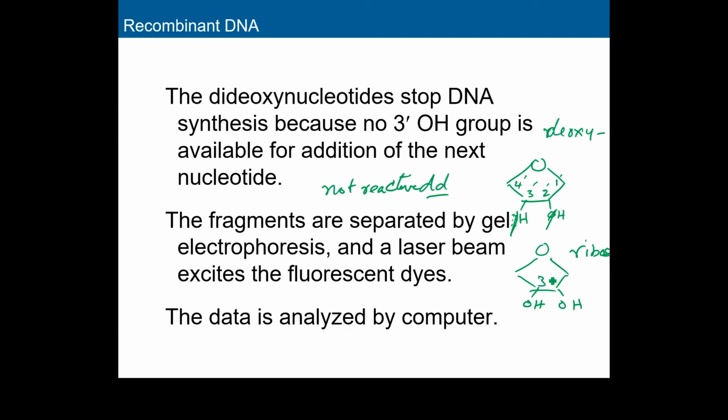This group at carbon number 3 is used to make phosphodiester bonds that link one nucleotide with the next one. So when the hydroxyl group is not there and is replaced by hydrogen, this growth does not take place anymore. So in Sanger's DNA sequencing technique,